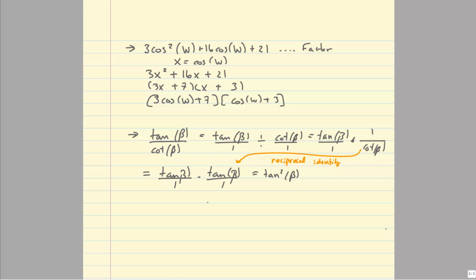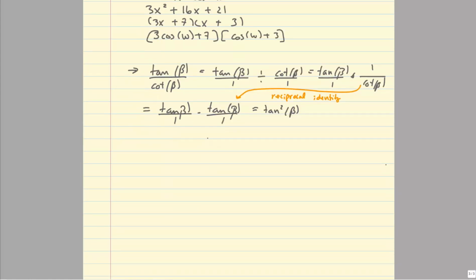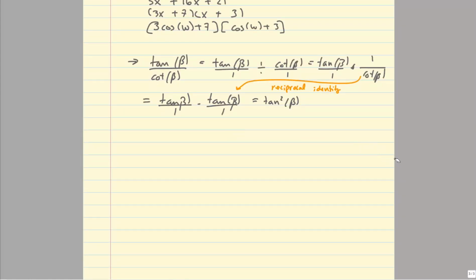So let's get into a couple other ones, not just simplifying, but let's get into establishing an identity. Now, establishing an identity, there's a few tricks to this one. So let's first of all look at a problem so we can see how it's different than just simplifying. For simplifying, we were just given an expression. We're asked to add, subtract, multiply, divide, that type of thing. But when we establish an identity,